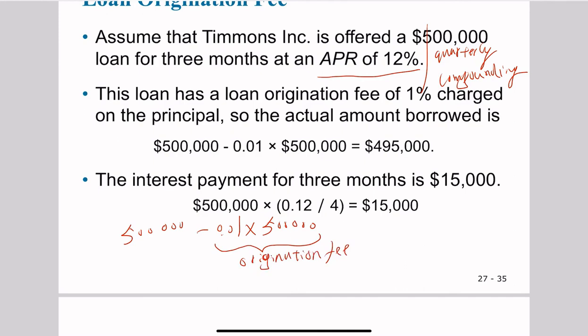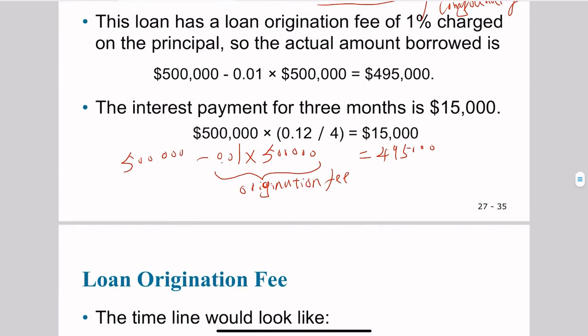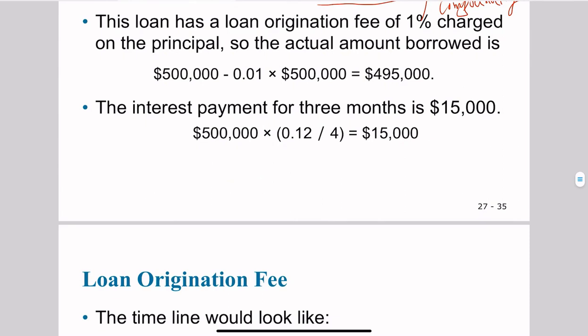And clearly you can see that this origination fee will reduce the amount the firm can get. And this will increase the firm's effective interest rate, because if you do the calculation, you can show that first,